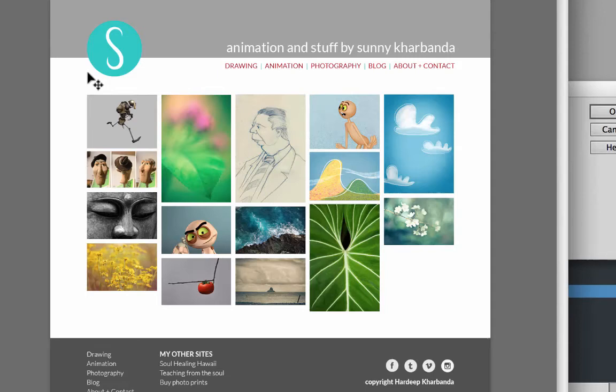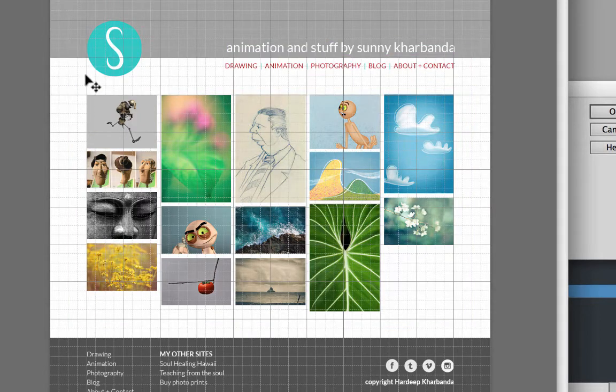I want one div in my header to contain all of this content, and it's going to be sized at 1000 pixels wide. In my main section, I'm going to need another div to hold all this content, and it will also be 1000 pixels wide, as you can see from the grid. In my footer, I'm going to need a div to hold all this content, and as you can see, it's also going to be 1000 pixels wide.